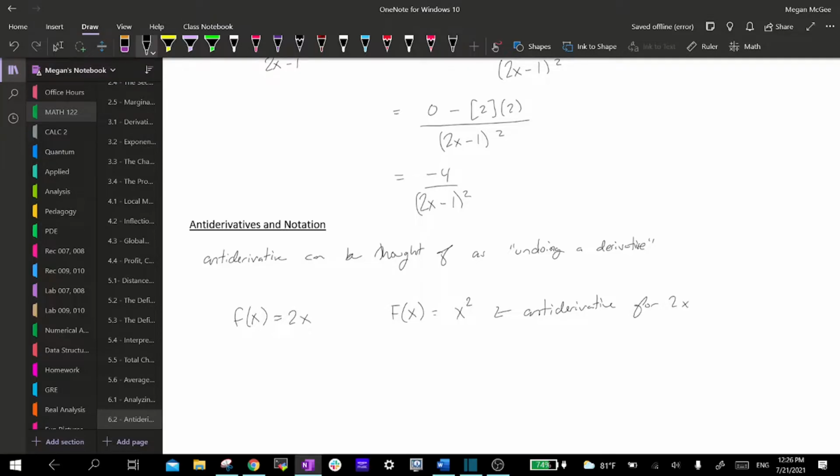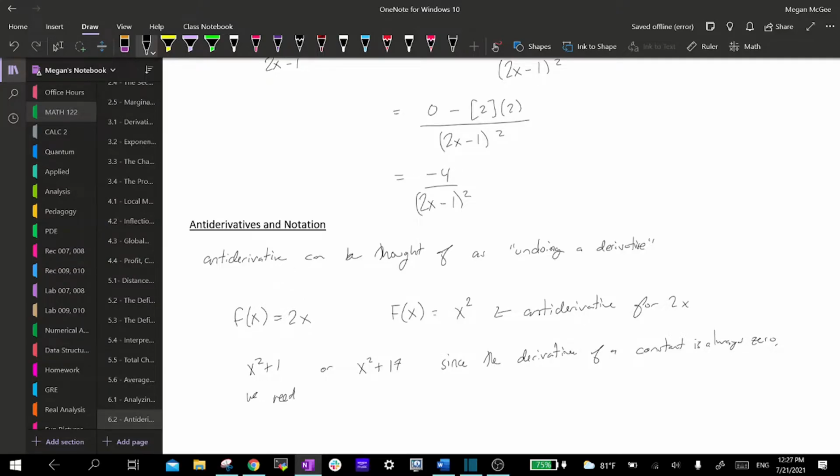How about x squared plus 1? Does that work as an antiderivative? Or x squared plus 17? Take the derivative of both of those. We get 2x because the derivative of a constant is 0, right? Since the derivative of a constant is always 0,